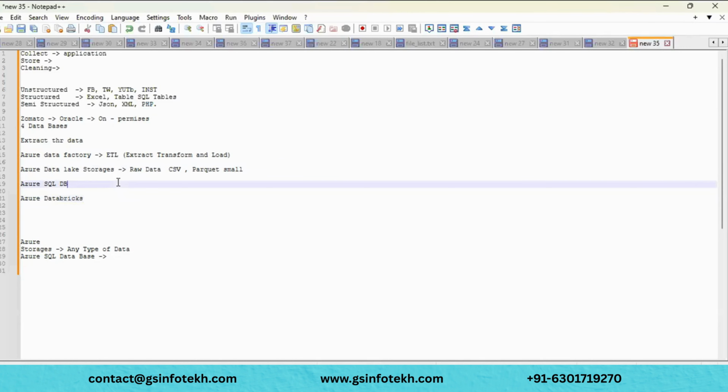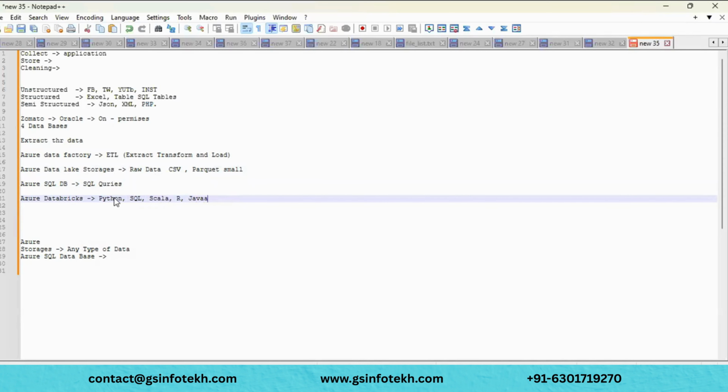In Azure SQL Database, we need to write SQL queries. In Databricks, it supports multiple languages, something like Python, SQL, Scala, and it supports Java as well.